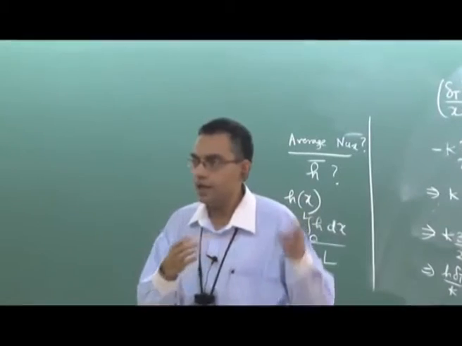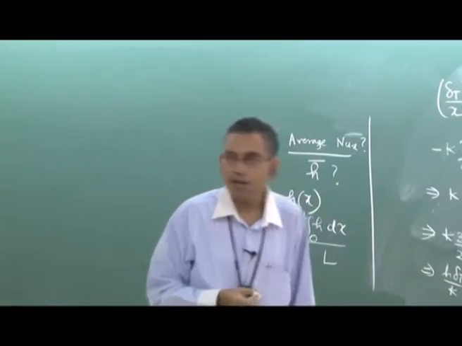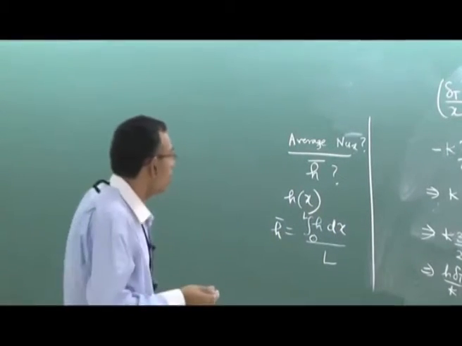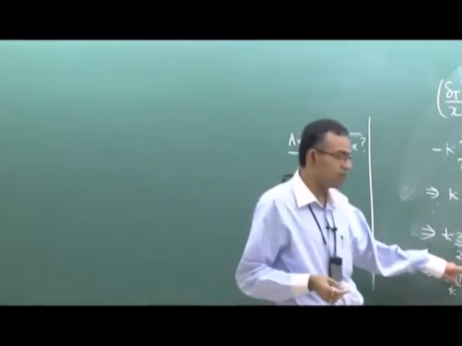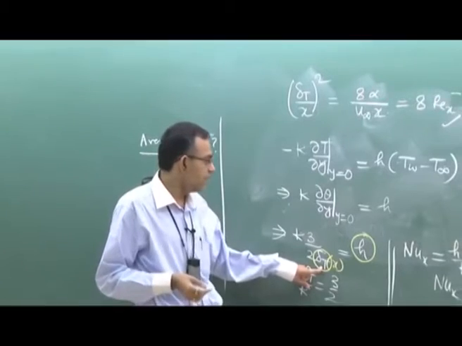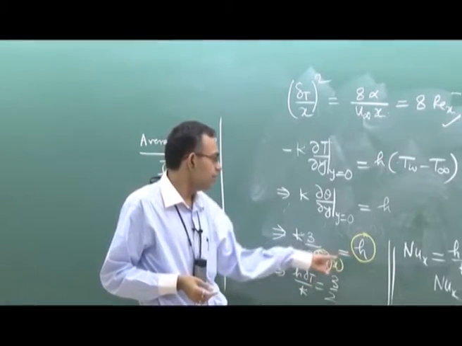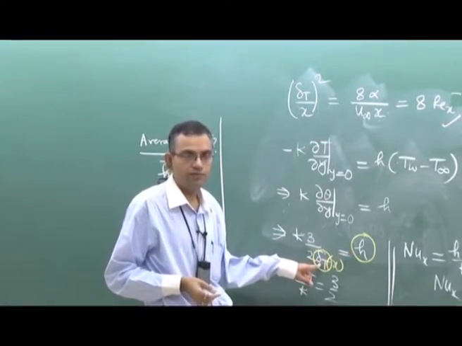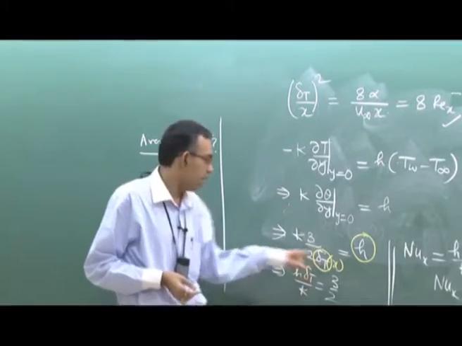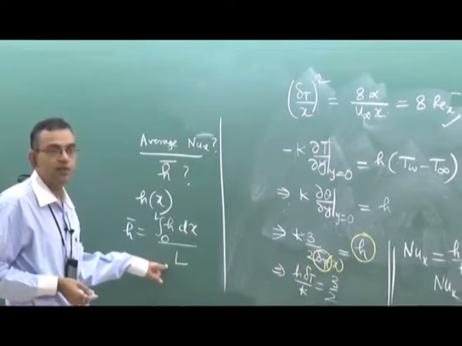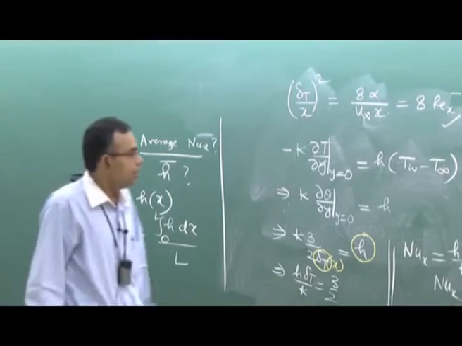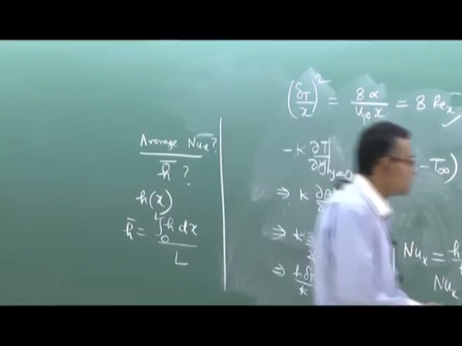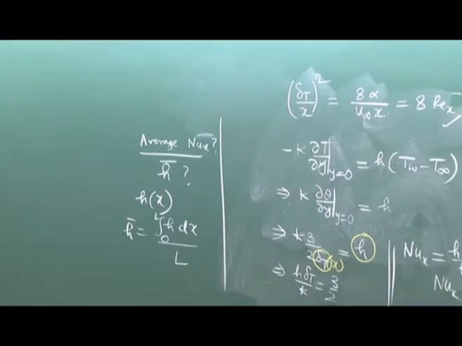Hydrodynamic boundary layer and thermal boundary layer for Prandtl number much less than 1. So delta T as a function of x, when you substitute some constant into x to the power half, that will give you h will vary with x to the power minus half, and then that integration you can do. Okay. Now we will do the next case, which is a little bit more involved than the previous case.